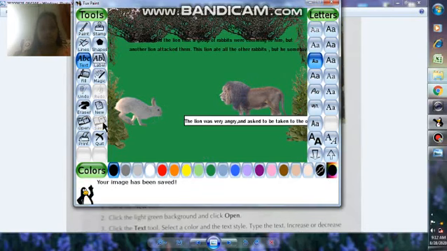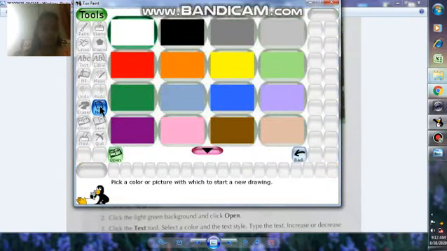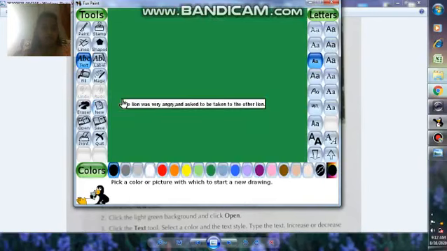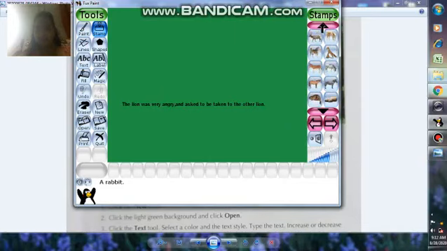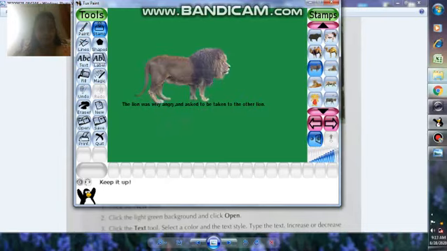Save it. Now again, to create the new sixth picture, create a new picture, then take green as a background, then go to the stamp tool and place the lion's image. Flip it to a mirror image. You can increase the size just a little bit. Okay, go to the text tool.